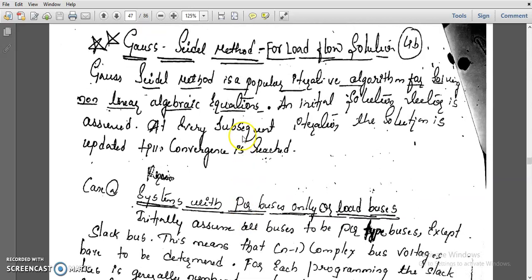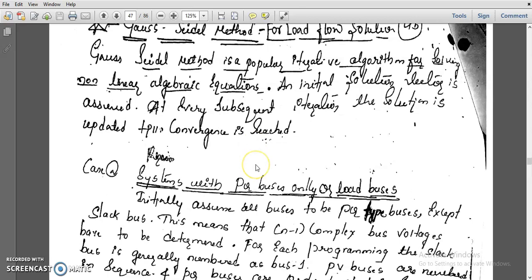Now, as I told you, the slack bus is a reference bus, or you can call it the swing bus. In the problem itself they will specify its values, so there is no need to calculate. Now we'll go for the PQ and PV buses. Sometimes they may ask for the derivation or definition for the PV bus and PQ buses. Here I am first doing the PQ bus, the load bus derivation, and afterwards we'll go for PV.